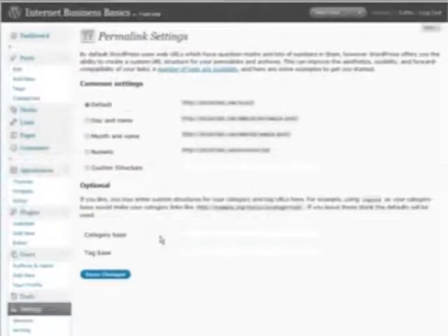Okay, permalinks. This is where the search engine friendly URLs come in. What you're going to want to do is use a custom structure. And what we have in our resources document is a piece of code you put in here to set the search engine friendly URLs. This helps greatly with search engine optimization. So under search engine friendly URL, just grab this bit of code here, copy,